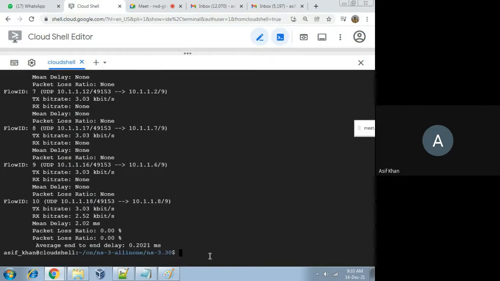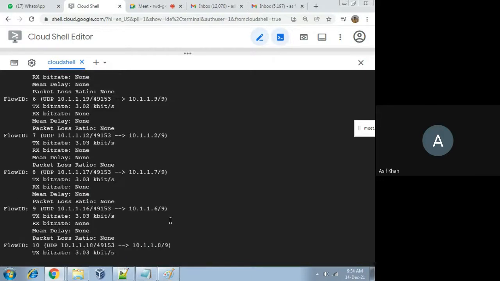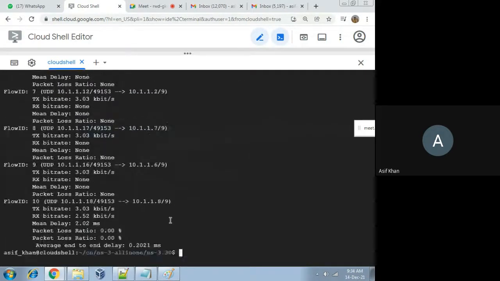Nice. Can you see this? See, end-to-end delay, average end-to-end delay. Can you see this? This is the average end-to-end delay.